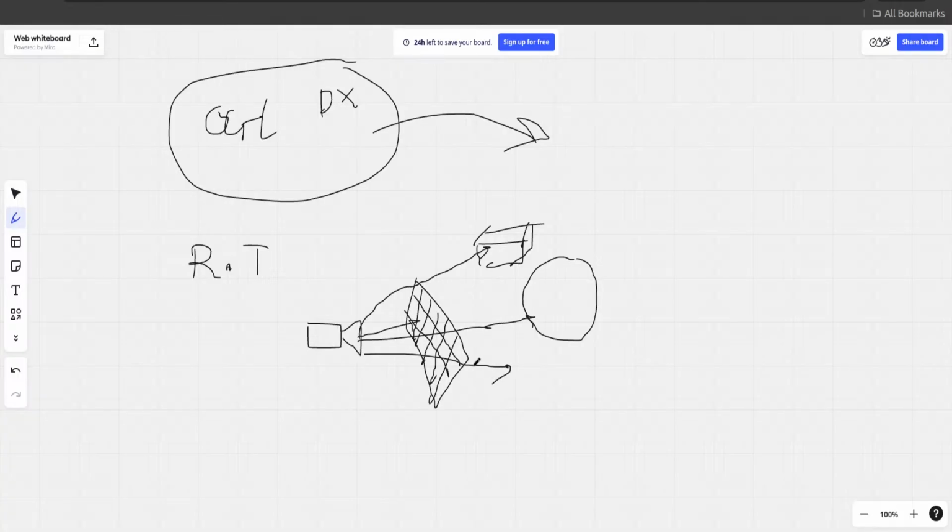And what we basically do is we shoot these rays from our virtual camera, and we check for intersections with this geometry here. So let's say we are considering this ray right here, and this ray intersects with this sphere at this point. So basically we get this distance right here,